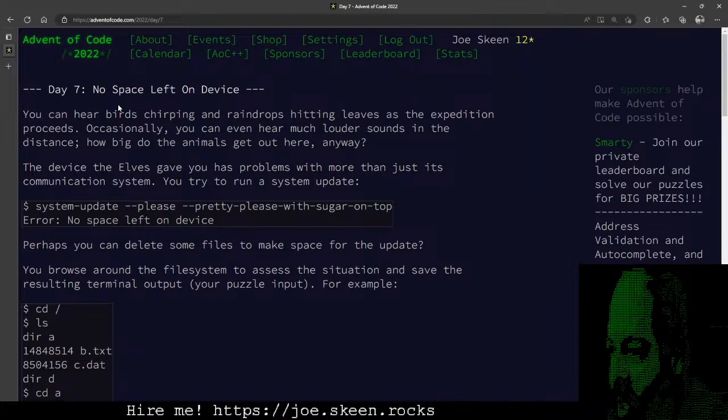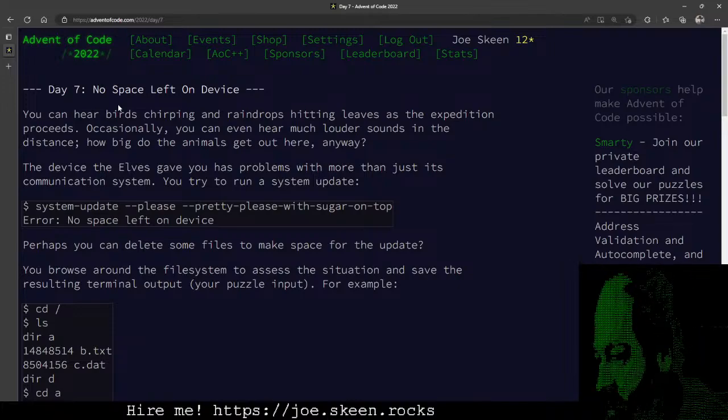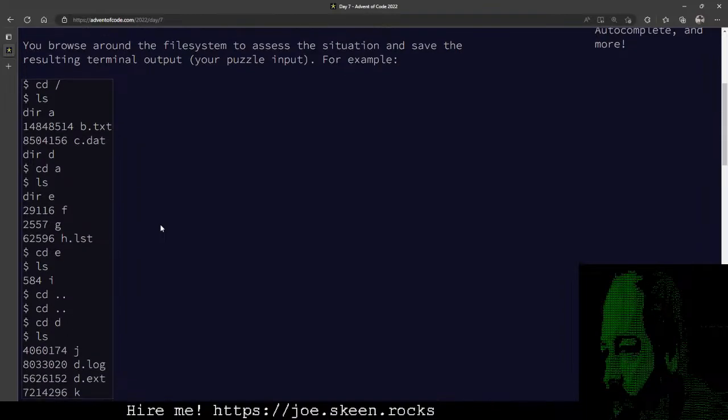The device the elves gave you has problems with more than just the communication system. You try to run a system update. System-update, please, pretty please with sugar on top. Error, no space left on device. Bummer. Perhaps you can delete some files to make space for the update. You browse around the file system to assess the situation and save the resulting terminal output, your puzzle input. For example, we've got CDs, we've got LS,